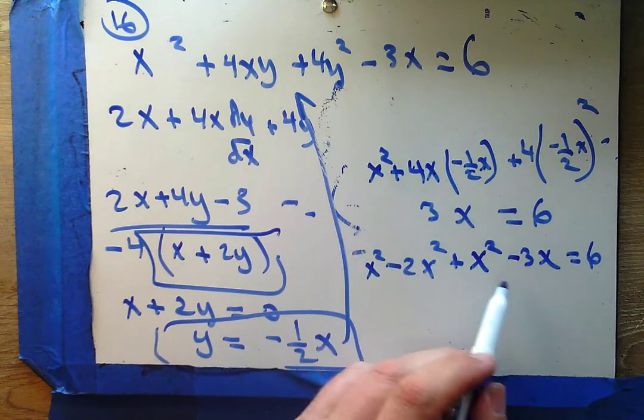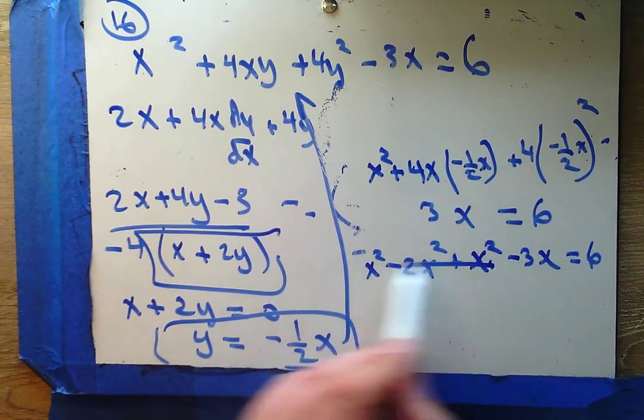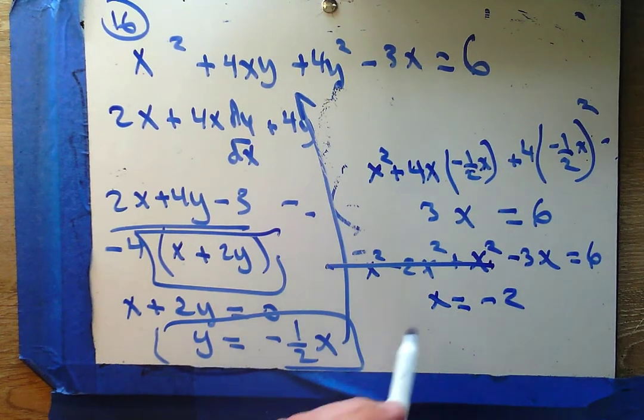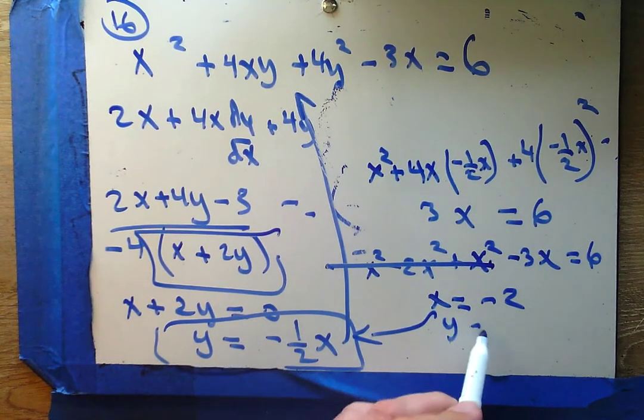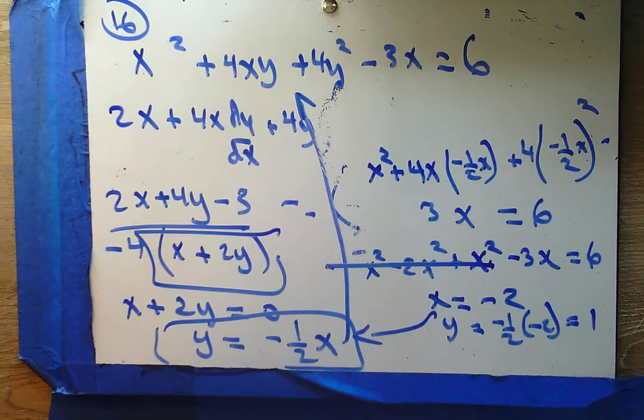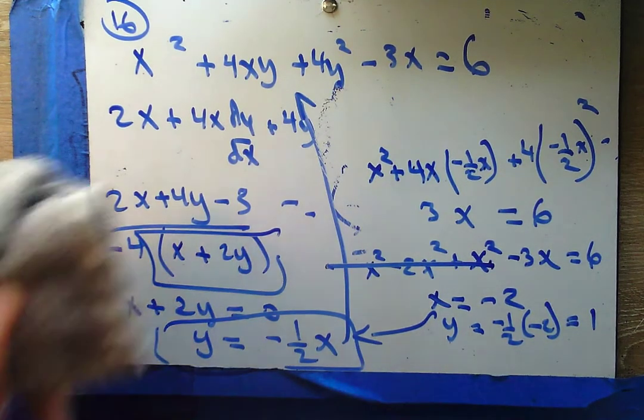Okay, so let's tidy things up. All these cancel, and I get x equals negative 2. And what does y equal? Y equals negative 1/2 times negative 2, or positive 1. So I write here that